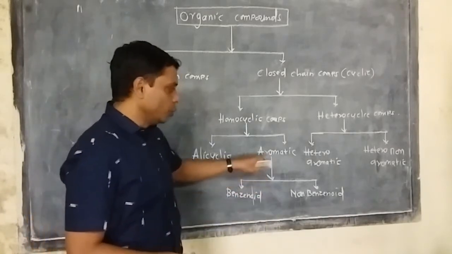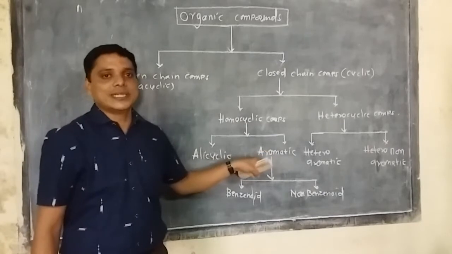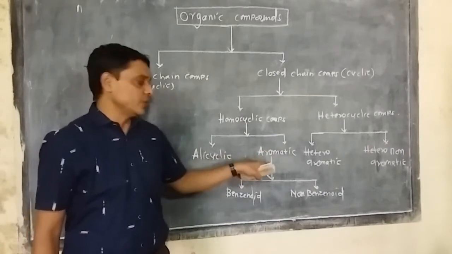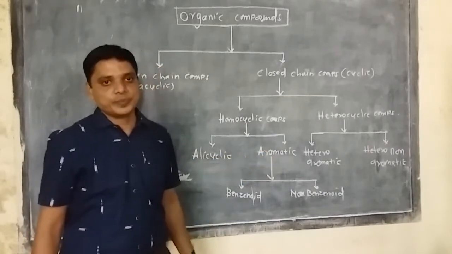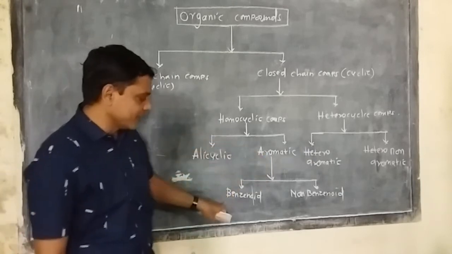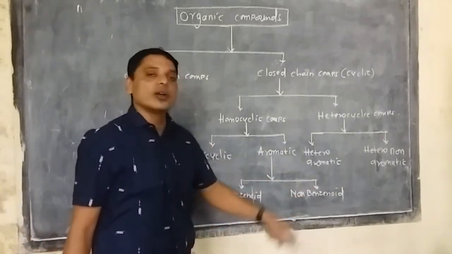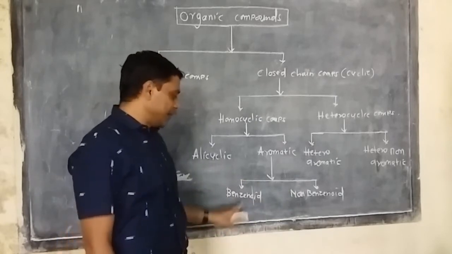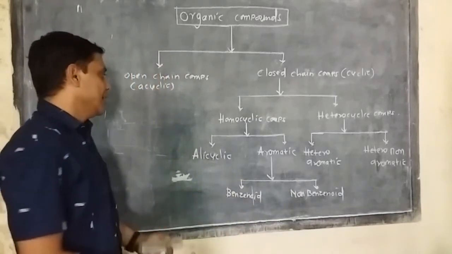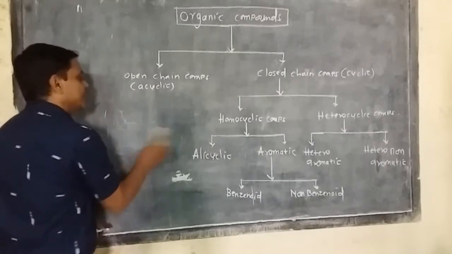In general, those compounds have a special type of smell or fragrance, so they are called aromatic compounds. Now these aromatic compounds are further classified into two types: benzenoid type compounds and non-benzenoid type compounds. Benzenoid is related to benzene, and benzene is simply called the initial compound of